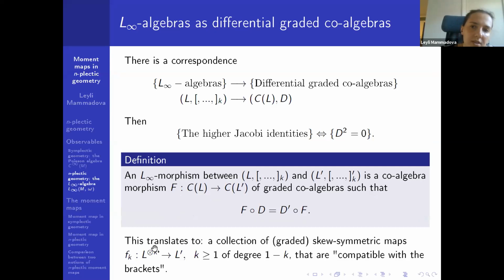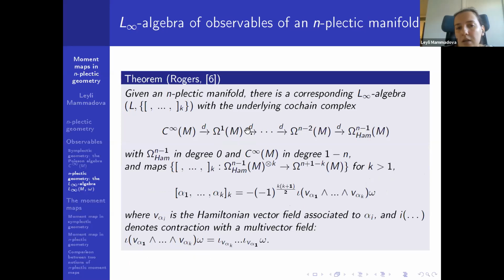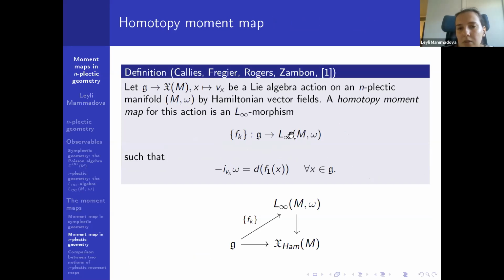Here we abuse the notation and equate the morphism with its corresponding collection of maps. So this is our L-infinity morphism between these two L-infinity algebras, and it's a collection of maps such that the first one of these maps satisfies the following. Basically, the first one maps an element of the Lie algebra to a Hamiltonian n-1 form corresponding to Vx,